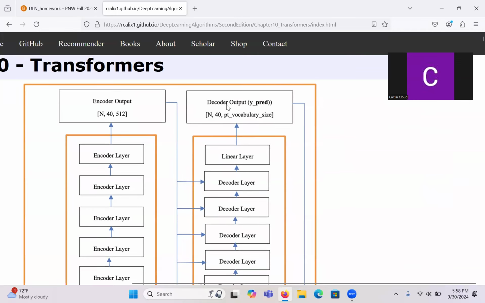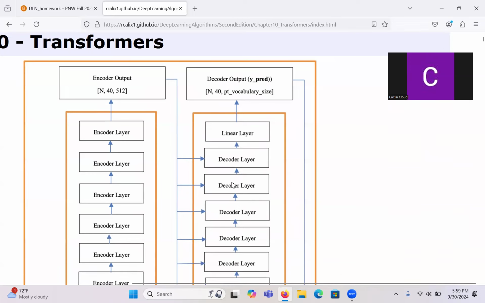And then finally here, you do have a new mapping where the n by 40 by 512 needs to be mapped to n by 40 by vocabulary size. So in that case, let's say your vocabulary is 70,000. That's where you actually get the word. Got it? So it's going to be a transformation of the neural network. It'll take in n by 40 by 512. Out comes n by 40 by 70,000. But one of them will be the word that you're going to choose. Okay? And so that's basically how the transformer works.